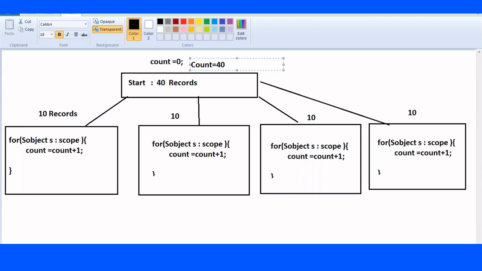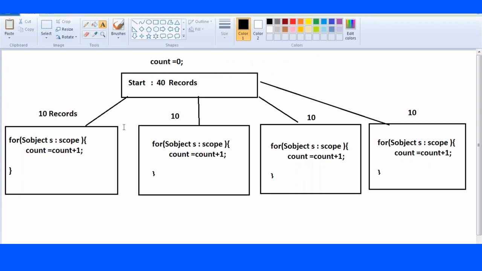If the change is only within the execute method, whatever change you are making, if it is only within the execute method, the count will be what? 0. Again it is running. What is the value of count? 0. Again it is running. What is the value of count? 0. But within this, if we print